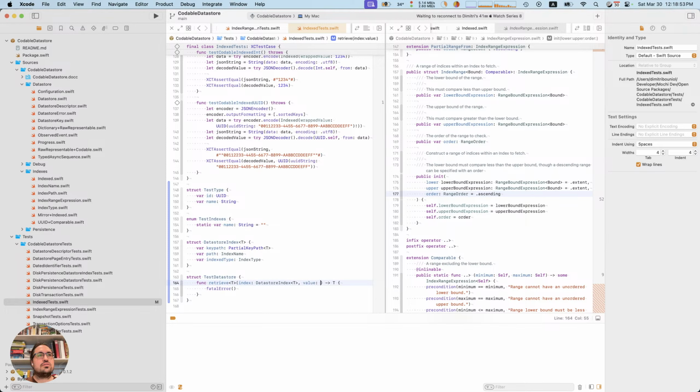Okay, so this key path can actually be something. Okay, that means we don't need that. Yeah, we just really need the name.